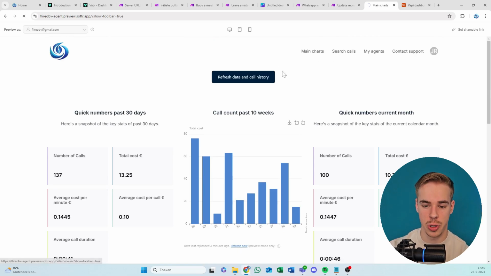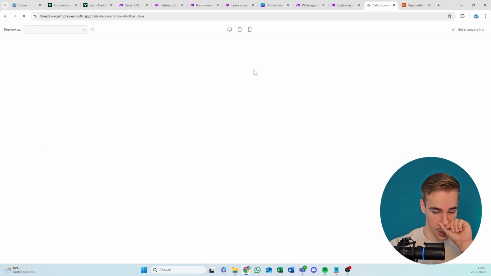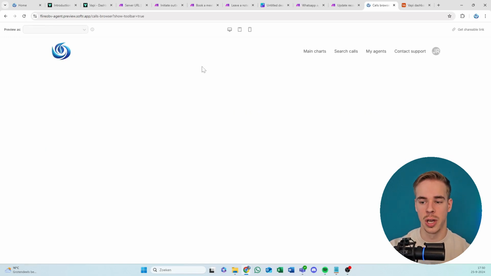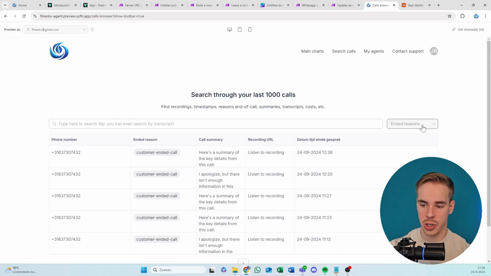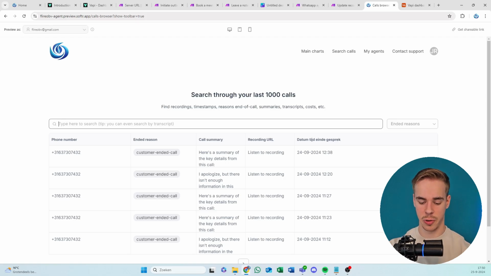Then you also have search calls. Again, this is dummy data, of course, but if you go to search calls, you can either filter by the reason the call ended. You can filter by, we can add a lot of filters, of course. And you can also search by anything that is included in the data that is saved. So for example, the transcript is,